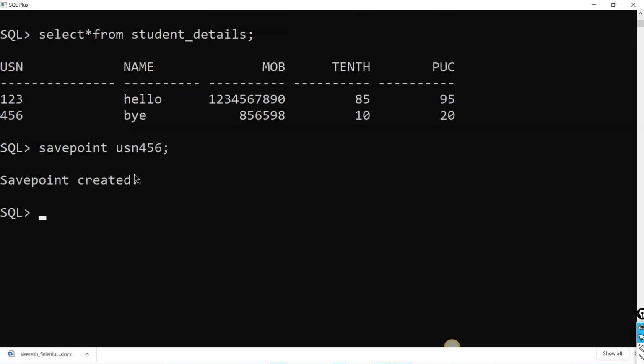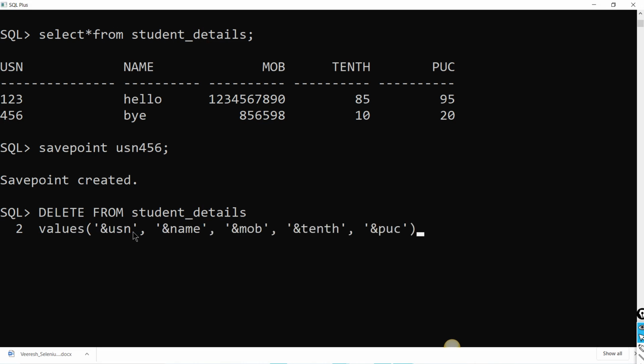Now I will delete 1 2 3. How to delete that? Delete from student where usn is equal to 1 2 3.